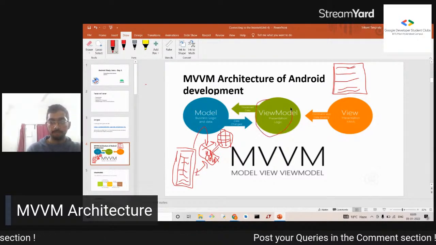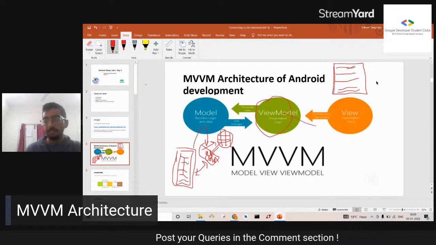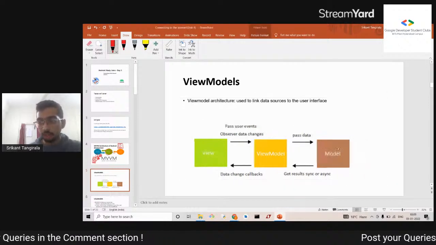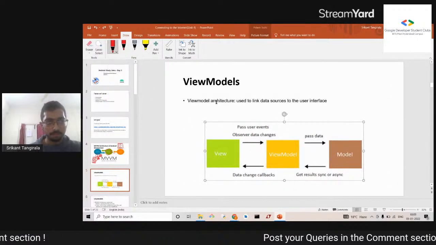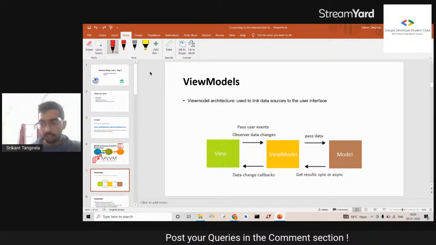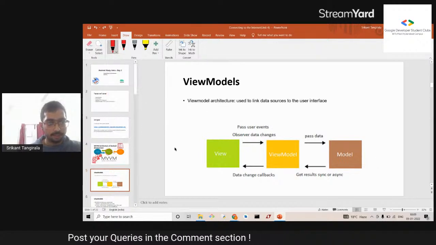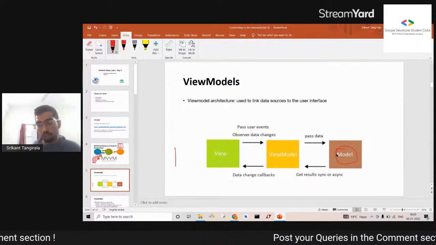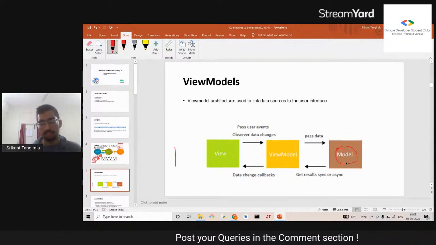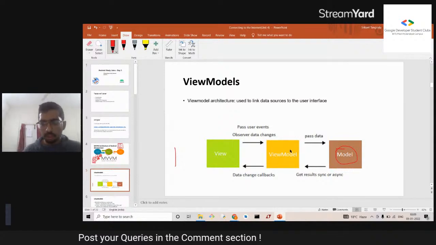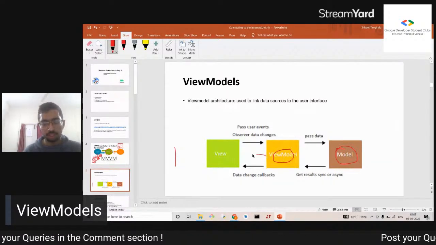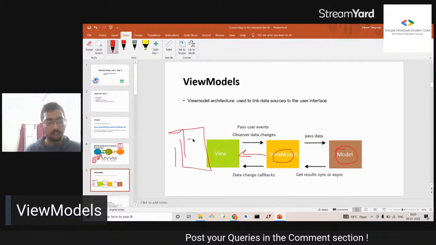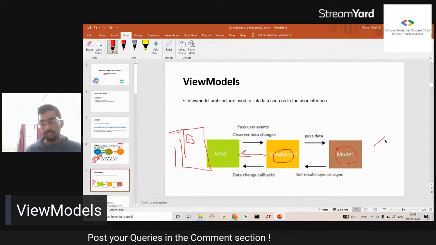So what's the solution for ensuring that these two components, the UI and the data source, interact? The answer is a view model. It serves as a bridge between these two. So how it does it is, this is your model, right? This is what holds your data, what you want to present to the user. It's some representation of that. So what the view model does is it keeps track of both. It remains in connect with the UI source. This is what is shown to the user, right? The UI components and such. This is the data, and the view model keeps